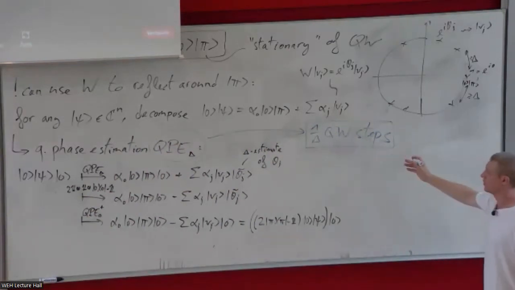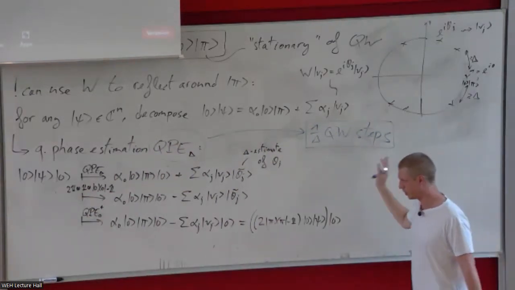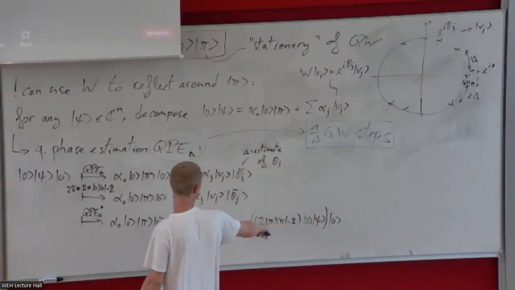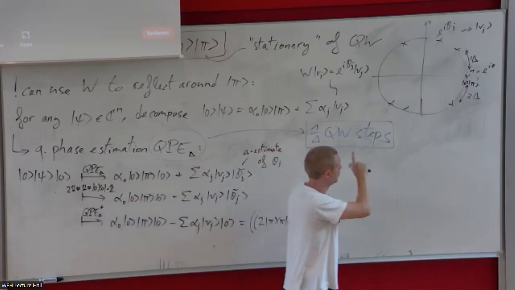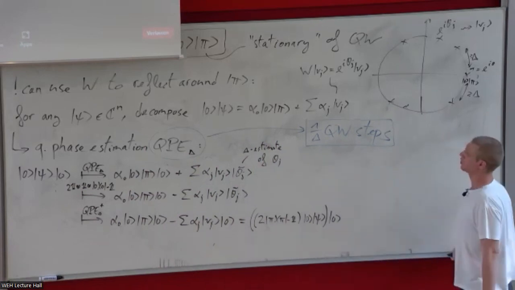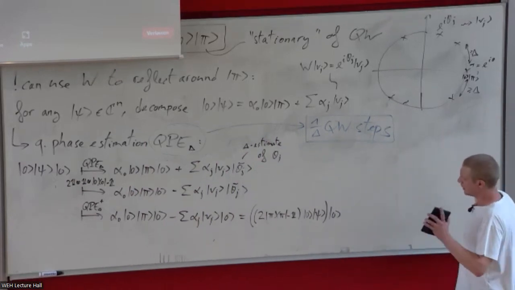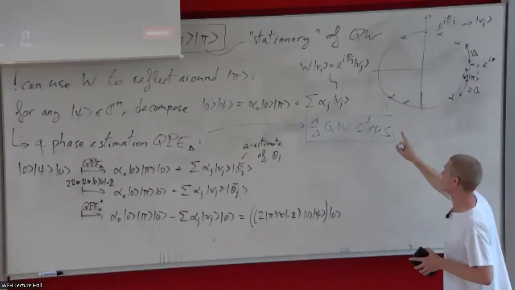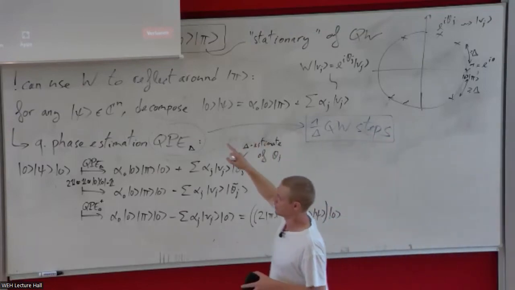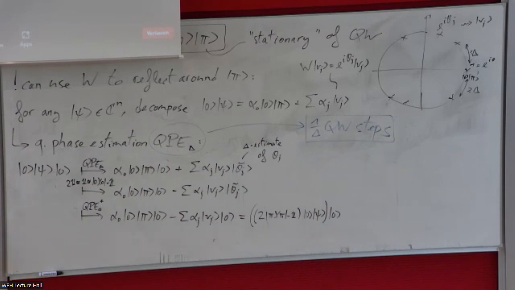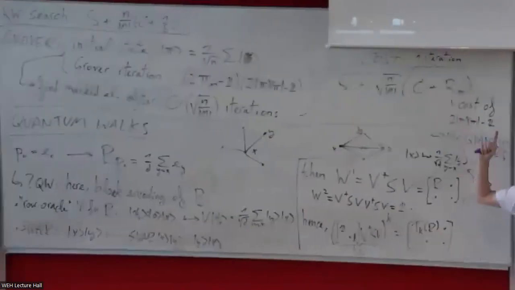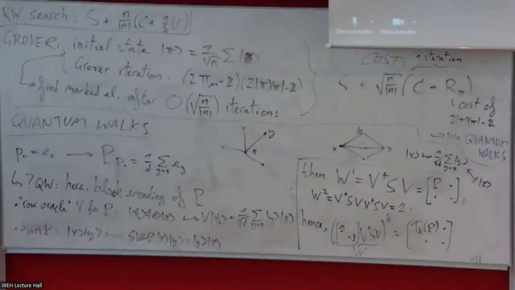And this is great because now we see that effectively, putting a lot under the rug, we can do this reflection in 1 over delta quantum walk steps, where delta is now the big delta, the gap of the quantum walk. Okay, and then we're almost there because now we can kind of quantify the cost of this thing here, right? We can replace this reflection cost by 1 over delta quantum walk steps, right? So